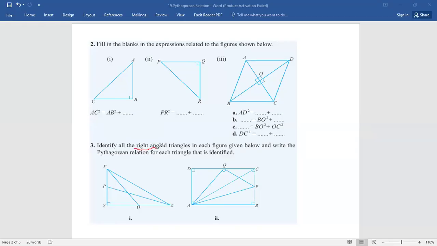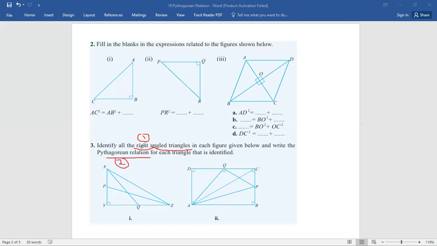First you need to identify the right angle triangles in each figure given below and write the Pythagorean relation. Then you need to write down the Pythagorean relation for each and every triangle. I will do the first one, then you have to do the second one. So in the first one,